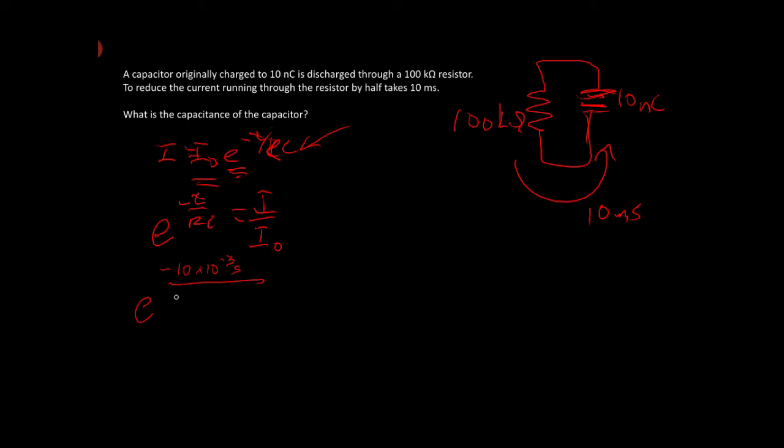R was 100 times 10 cubed ohms, and that has to be multiplied by C there in the denominator. And that's equal to I over I0, which is equal to, we said it takes that 10 milliseconds to go to 1/2 I0, so our initial thing,